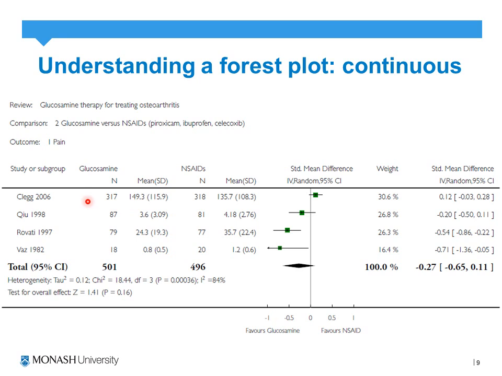So 317 participants in the glucosamine arm as opposed to 318 participants in the NSAIDs arm, 87 participants in the glucosamine, 81 participants in the NSAIDs, etc., etc. Same sort of principle applies. In this case, our first study seems to be favouring our NSAIDs as they are the comparison. So the pain seems to be less when we're looking at our NSAIDs. And I guess the thing to note is anytime we're looking at an outcome of mean difference, unlike relative risk, where